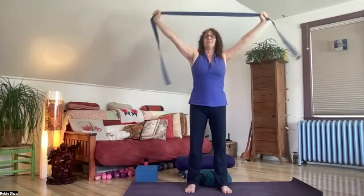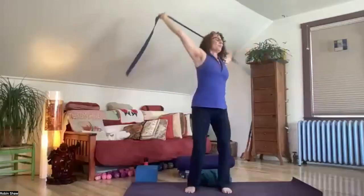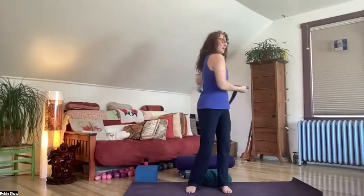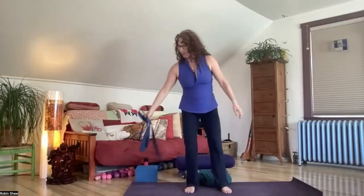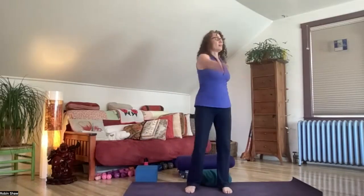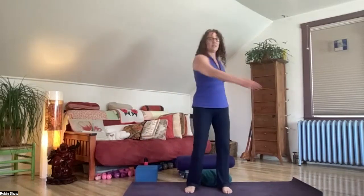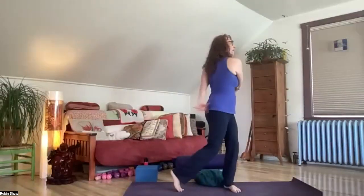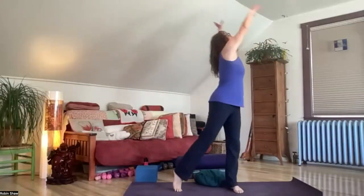And that's it. Just a little movement, a little dance with the strap to see where it takes you. Down, up, across, around. Have fun with it. And then release that strap and continue the dance so you're just kind of fluid and flowing with your body. If it feels nice to hit or tap parts of you that feel like it would be supportive, you could do that, or just let the arms fly free. You could lift one toe, one heel, then the other, and then swoop those arms up